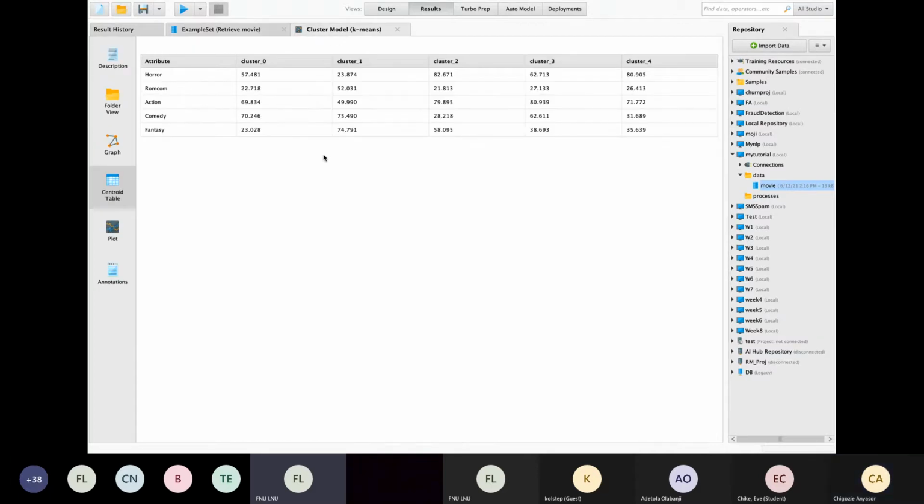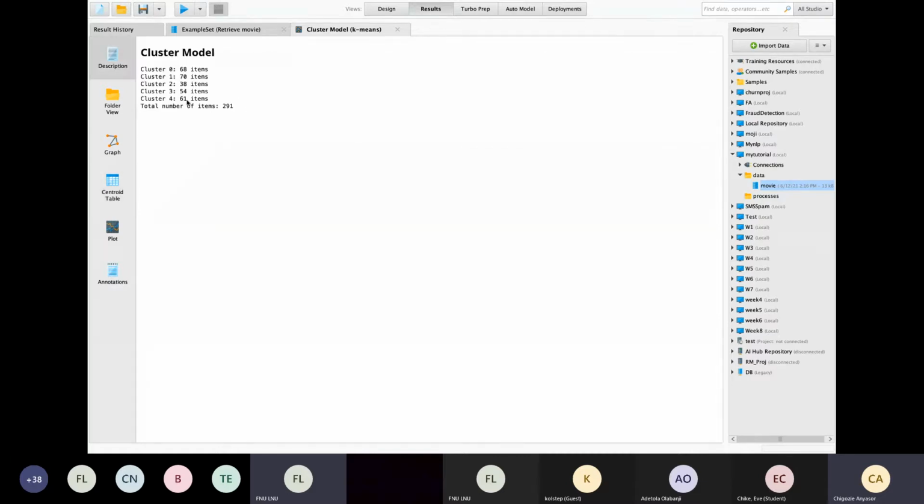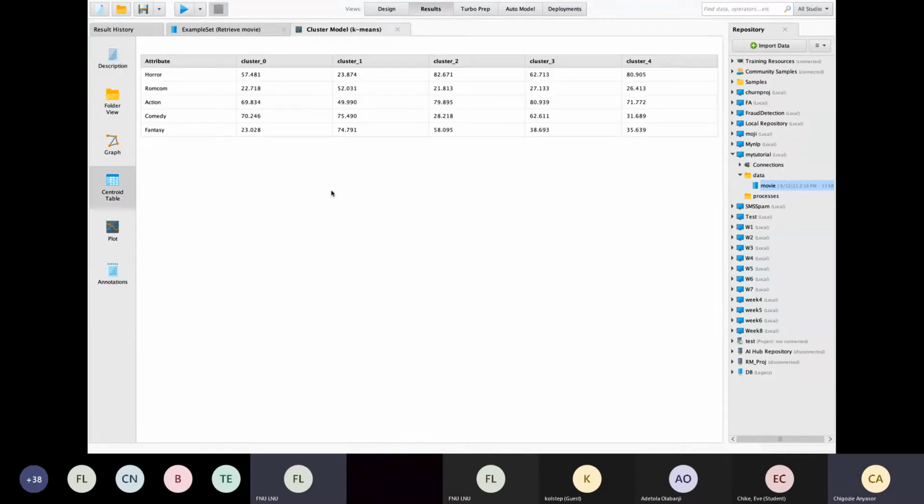So in interpreting the results, what Rapidminer has done with the model for us is to show us the respective clusters. Remember, the outcome showed that we have 5 clusters, 0 to 4. Under the centroid, you have it broken down in this way. So what this means is that for every row, we have horror, romance, comedy, action, comedy, and fantasy. Now let's start with the horror. What this result means is that